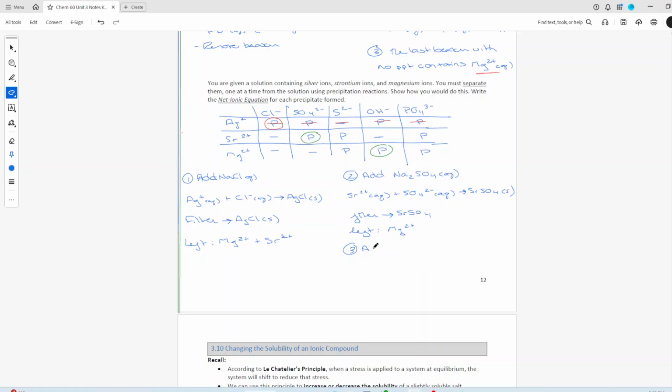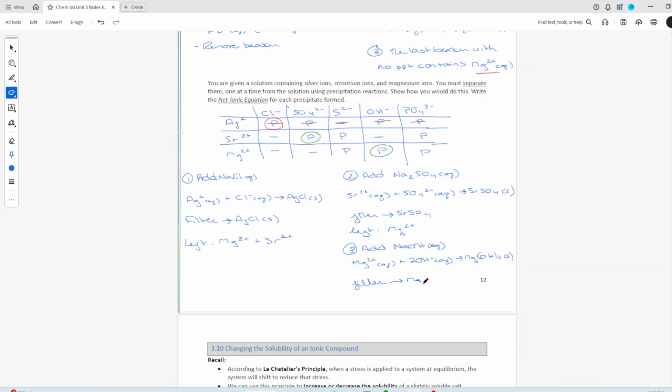So let's add sodium hydroxide as an aqueous solution. And what it's going to do is it's going to have the magnesium 2+ aqueous combine with 2 hydroxide ions, you'll see why in a sec, to form magnesium 2+ hydroxide 1- solid. And then you're going to filter